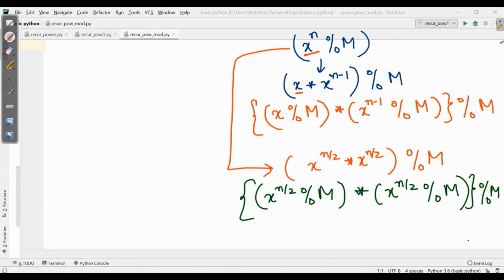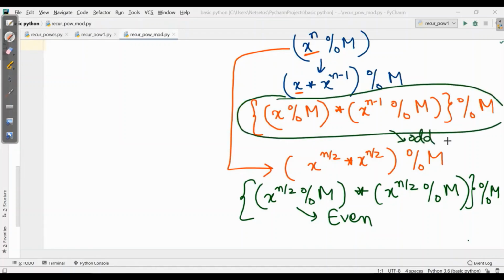So this is for even number and this we got for odd number. Now this recurrence relation is same as our last video which we used to solve for x to the power of n. So let's make a program here.